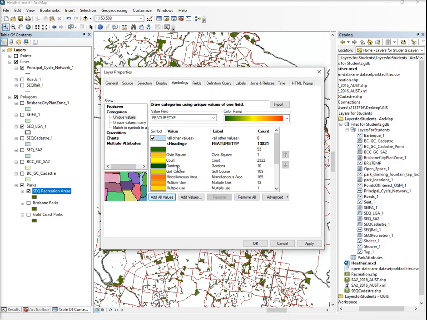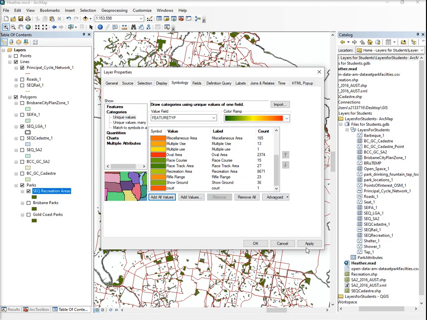Click add all values, and you will see there, and I used this yesterday if you were watching the lecture, to see that there are 2,322 courts, and right down at the very bottom is one court. You can see immediately from this that the data set underlying this shapefile or feature data set has a mistake, and the mistake is there is a misspelling of court. So all of the rest of them have a capital C, and this is a small c, and that's how picky ArcGIS is. So what you can then do is go into an editing thing and